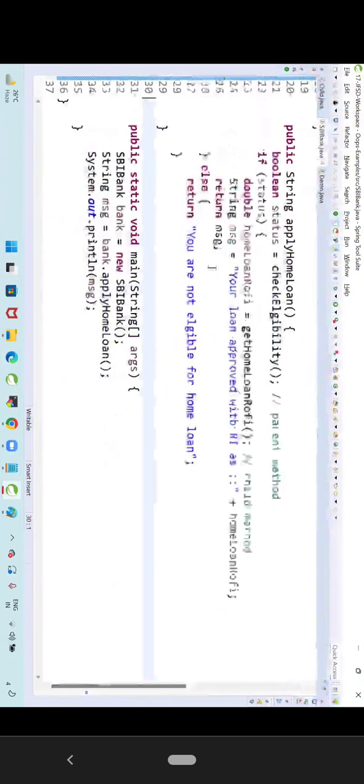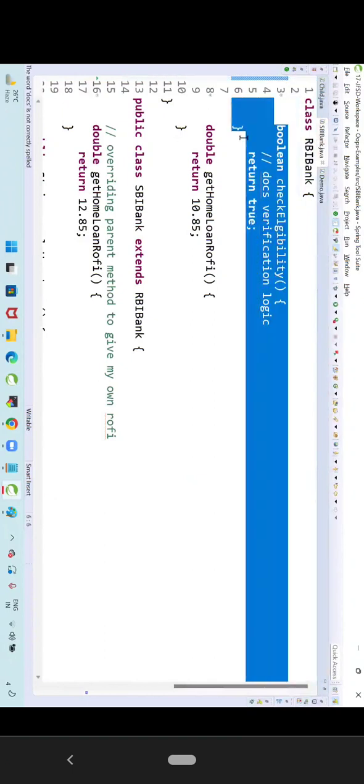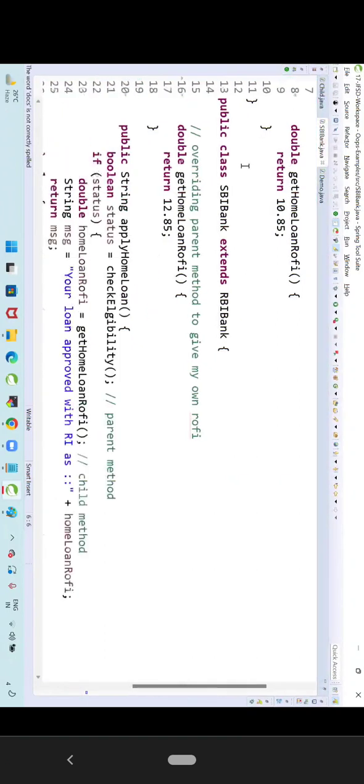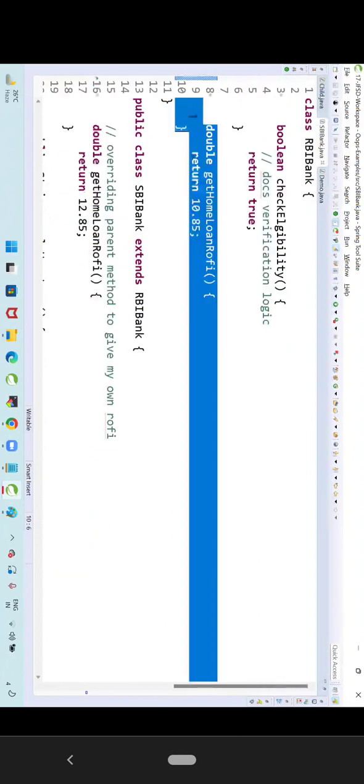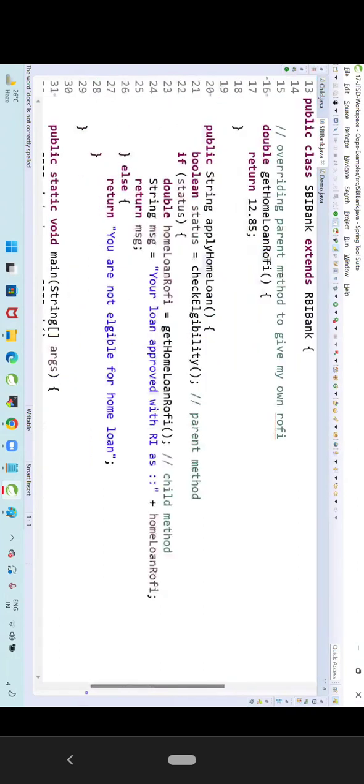Maybe some people get confused, sir, this much code is written? So this is a class, this is one method which is having a boolean return type. This is one method which is having a double. I'm just writing normal methods with a return type. That's it. Check eligibility is returning a Boolean value. To home loan, returning a double value. Coming to the SBI Bank extending from RBI Bank, and it is overriding the parent method